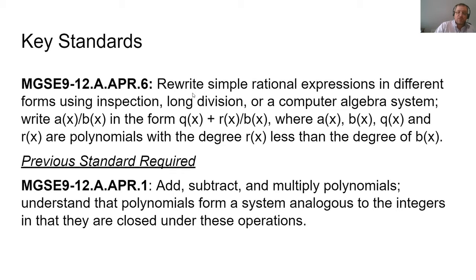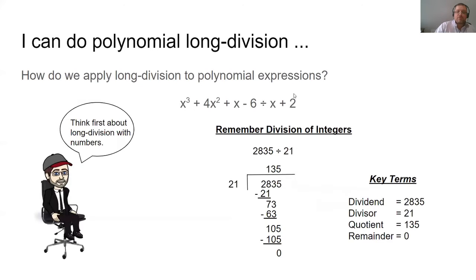It's just another way to look at it, but it wants you to write it in the form of a quotient with a remainder. A quotient with a remainder. So let's take a look here. Let me get my annotation down real quick and let's go to blue. Now, we're going to practice today